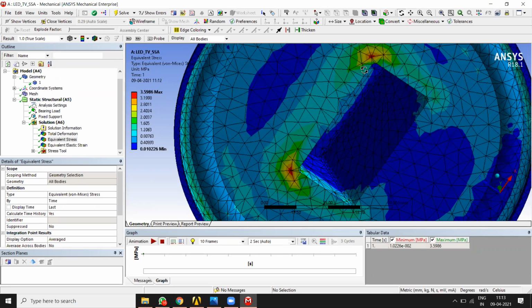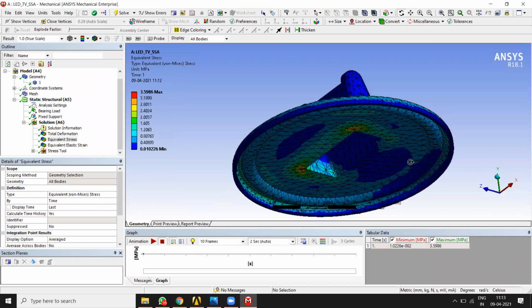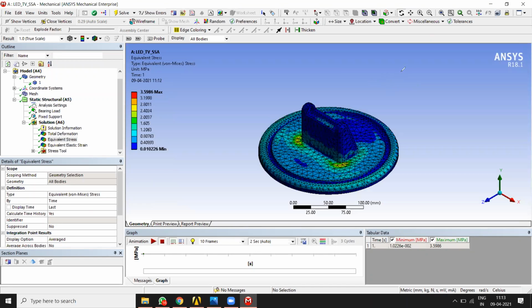Generally आपको पता है कि corners में या फिर holes के area में, pockets के area में around stresses ज़्यादा develop होते हैं. Okay, so these are the stresses, 3.56 megapascal. Now I told you about the factor of safety. See, the sigma y is 37 and maximum stress is around 3 point something. If you solve this, factor of safety is around or more than 10 or 12. Factor of safety is more than 12 based on these calculations.